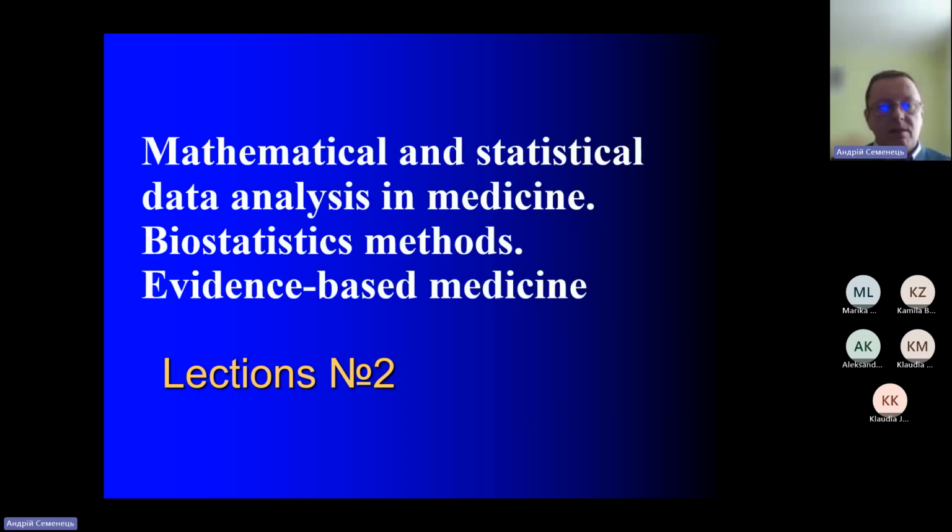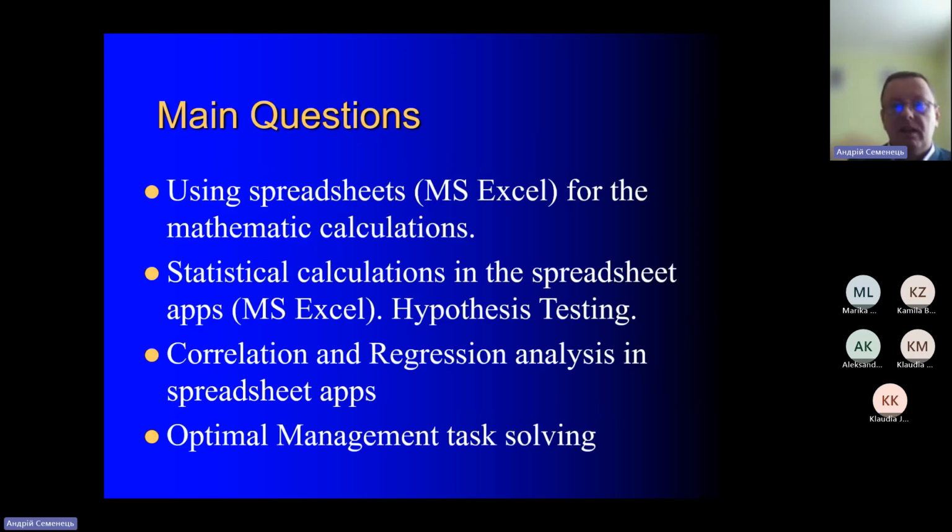So the topics of today's lecture include multiple questions, and among them is mathematical statistical data analysis in medicine, biostatistics methods as background for evidence-based medicine. In fact, we will be talking only about an introduction into these methods because it's a very broad area. But before we start with the main question of the lecture, statistical analysis, we have to spend a few minutes